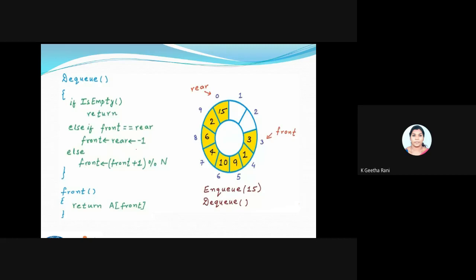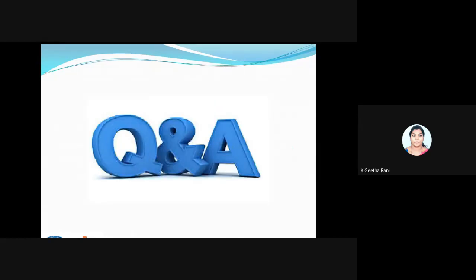We have one more function called front. Front is going to return the value which is held here, that is, return A of front. Like returning the rear value, I can also return the front value. So that's all about the circular array. We have a major drawback in the normal implementation of an array, so we are using a circular array in the queue. Fine, any questions,